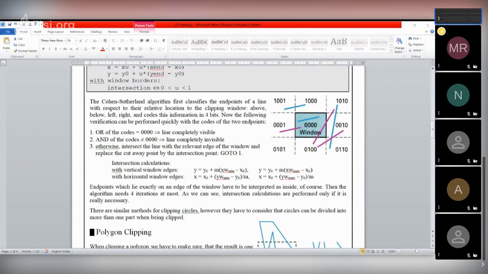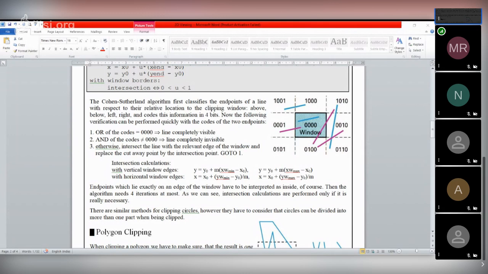This is not all 0. Therefore, if the OR of the endpoint codes is 0000, the line is completely visible. If it is not 0, the line is not completely visible. That means we are unable to see the line.